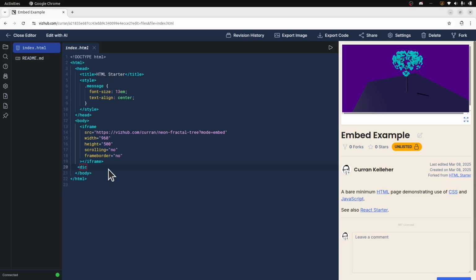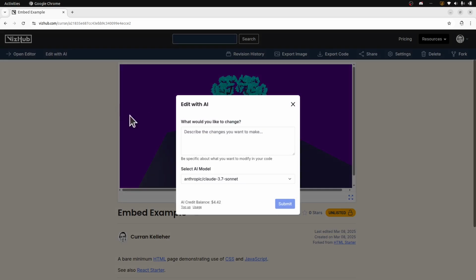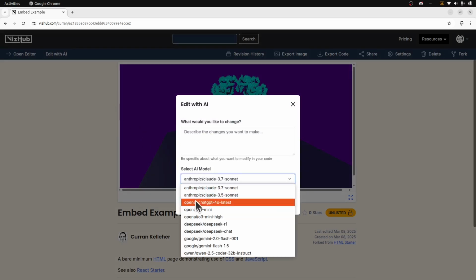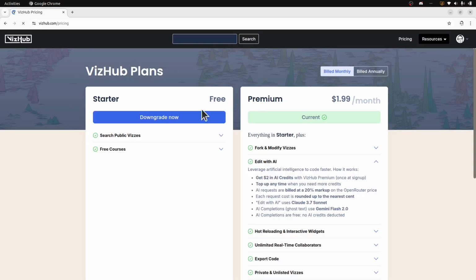Part of this too is to give access to the latest generation of AI tools to people who don't necessarily have VS Code installed. What is the AI that you're integrating? Yeah, so there's two types of AI. There's the ghost completions, and then there's edit with AI. And this edit with AI does holistic editing, but it's explained on the pricing page that it calls out to